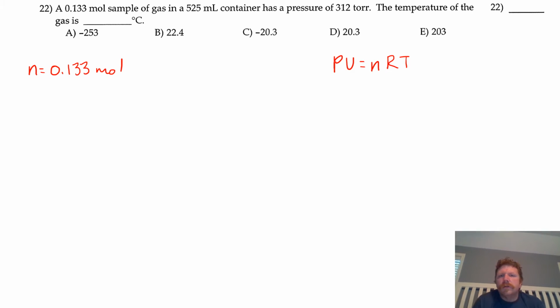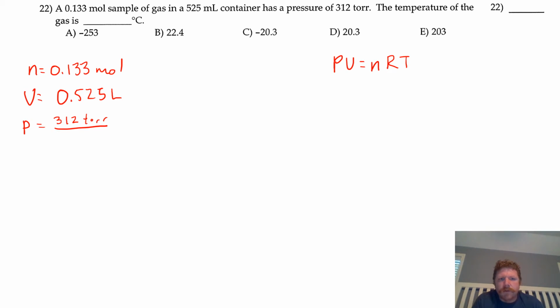You're possibly going to end up manipulating that equation. So we've got our n defined. Our volume, I'm just going to write this in liters, so 0.525 liters. Our pressure is 312 torr